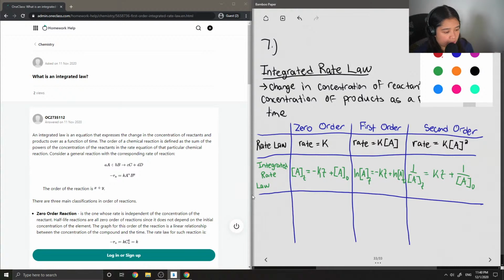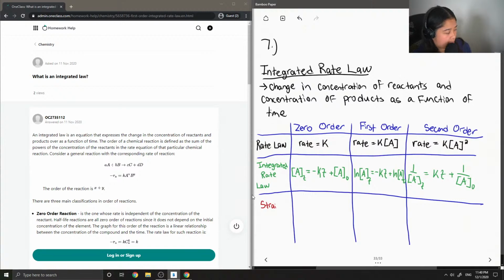Okay, so the last row I'm going to add that might help when you answer the rate law questions is what plot gives a straight line. So for example, if you don't know the order of your reaction, if you were to plot, let's say, the concentration versus time,